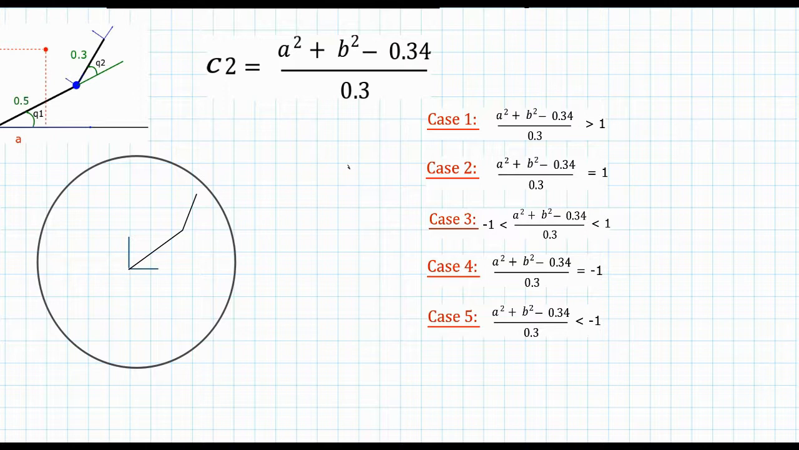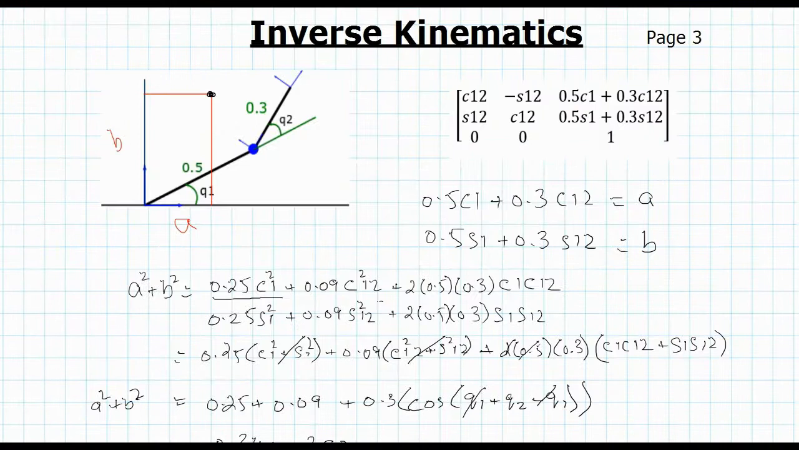Okay, so for case 2 we have q2 equals 0. For case 1 we had no solution, or let's say we had 0 solutions. Okay, in this case, if we plug in the value of q2 equals 0 in our original equations,